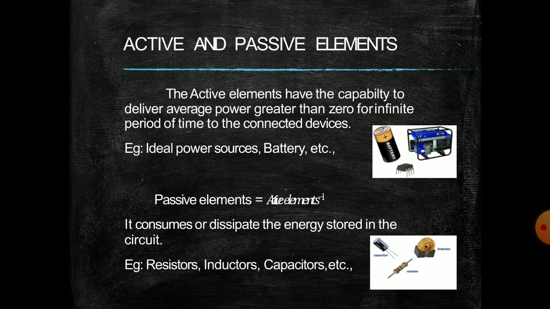So the inductor will work as a source when you need any supply for the circuit, when the current and voltage sources are not available. We will use these concepts in the transient analysis in the next chapters. The capacitor is also the same. The capacitor will work as a voltage source when a voltage source is not available in the whole circuit. So this analogy will work. Next slide.